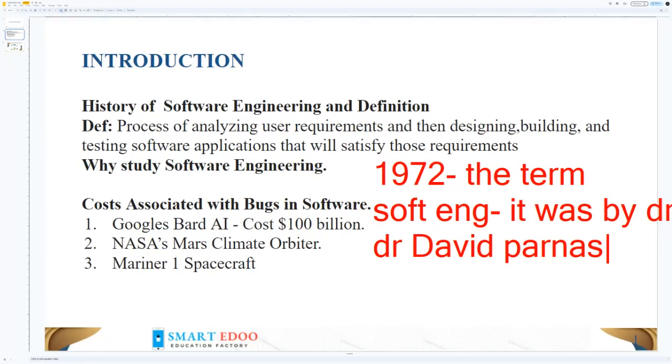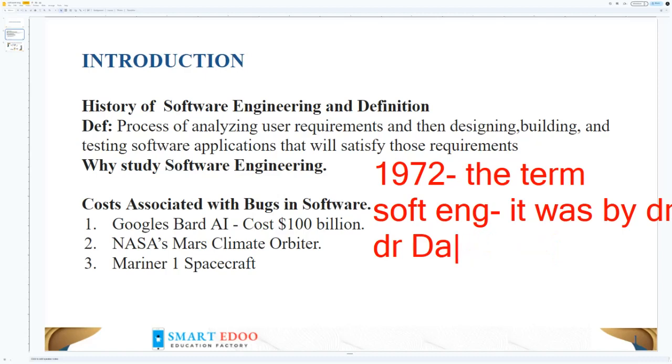Okay, and we come now to before the 1970s. We had software, but it was not software engineering. We just had software programming. It was programming rather than engineering. The engineering principles were not being applied to software. So before the 1970s,